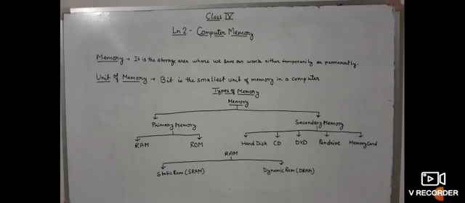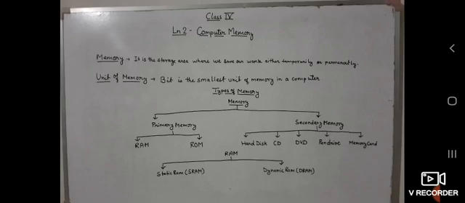Now let's come to the primary memory. Primary memory is the main memory of a computer. Whatever work we perform is stored first in primary memory. Primary memory holds the data while working on a computer. It means when we work on a computer, the memory that is currently used to store our work or data is the primary memory. Primary memory is directly accessed by the CPU.